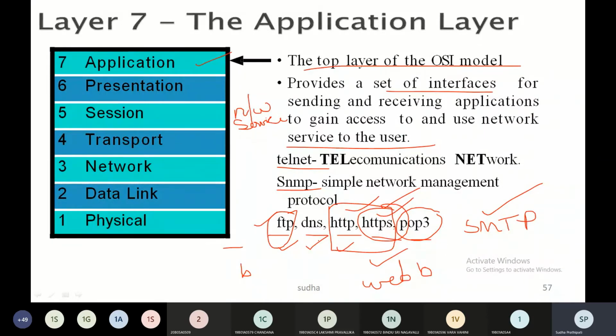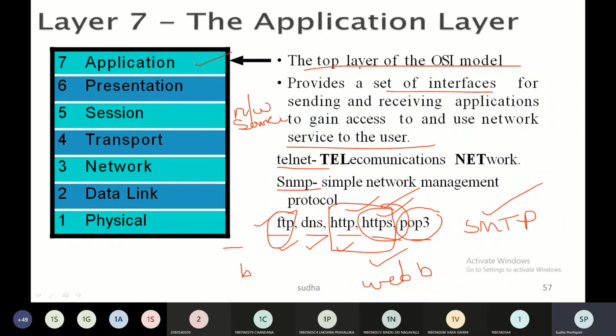So that is the functionality or the services that the application layer provides. Is it clear, everyone? So the application layer is responsible for providing services to the user, and this user need not be a physical human being. It can also serve a human being, or it can be a software, or a network or anything.